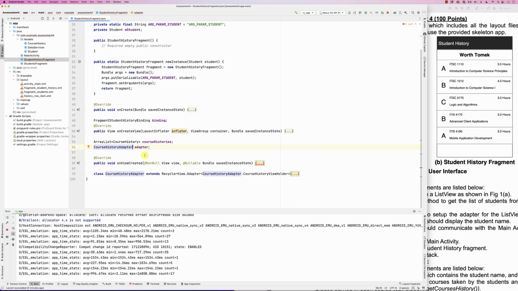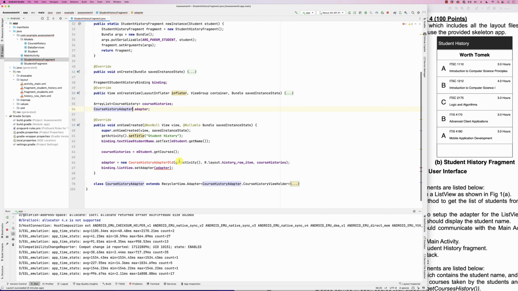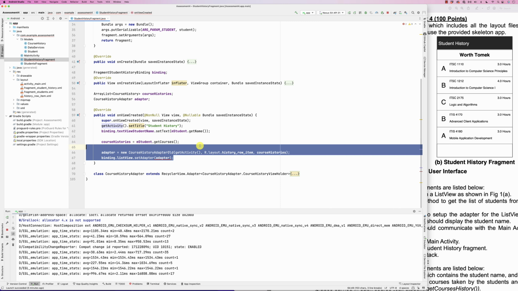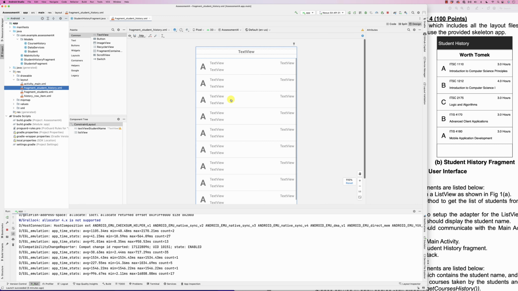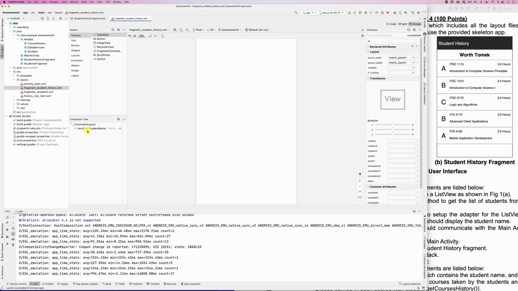So I have the adapter, and I'm going to remove all the code related to the list view, right? So here it is. Okay, now we go back to the layout for the history, and I'm going to delete the list view stuff. Here it is, and then add the recycler view. Here's the recycler